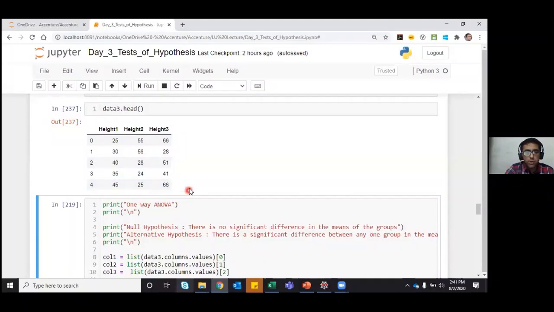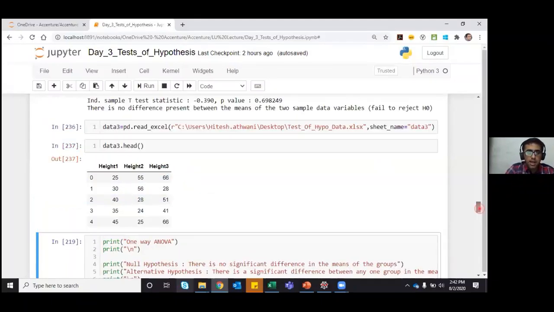Assuming these are 3 different groups for which we want to compare the means, that is why we go for ANOVA. In the independent sample t-test, we only go for 2 variables, and we go for ANOVA when we want to perform the test on more than 2 variables.